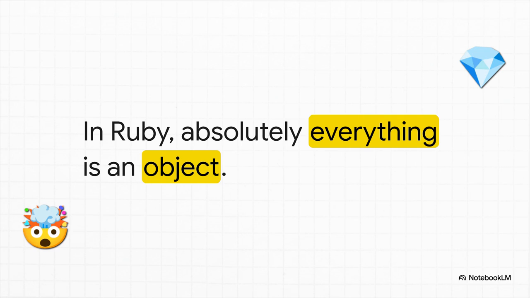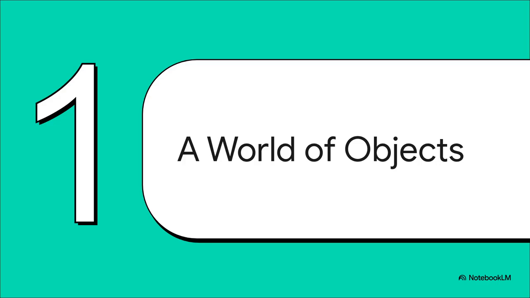And here it is, the big reveal. In Ruby, every single one of those things, they're all objects. Seriously, that's the one idea that underpins everything, and that's what we're going to dig into. It sounds simple, but trust me, it's a total game changer for how you'll write code. Okay, so what does that actually mean? Everything is an object. Well, it means we get to talk to our data in a really consistent, really powerful